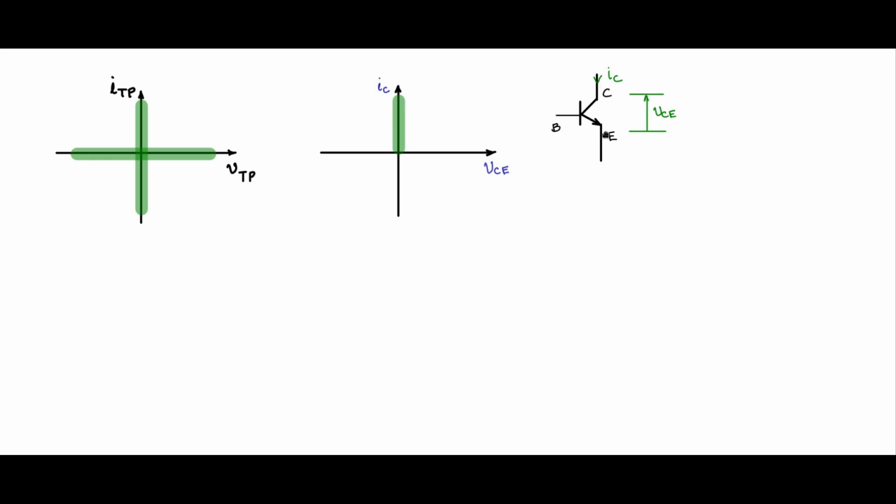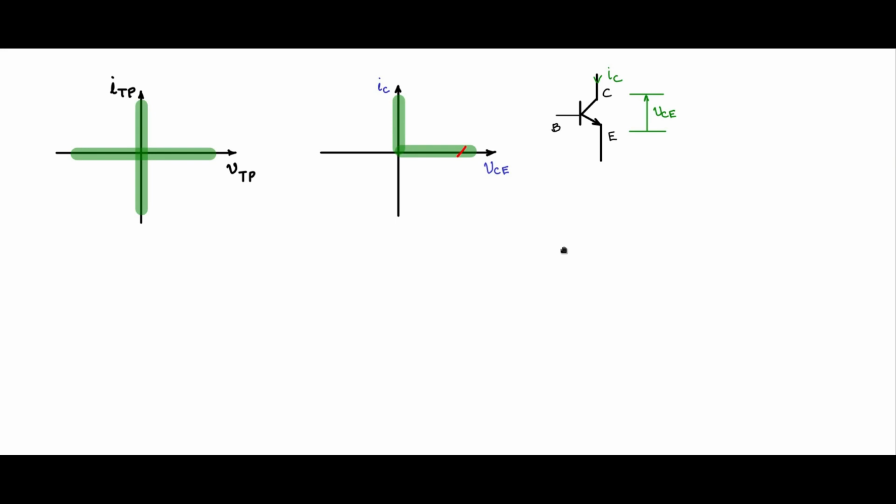There cannot be a current flow from E to C. So this can support only positive direction of current flow when the switch is on. And when the switch is off, the BJT can withstand only positive voltages across collector and emitter, and therefore only this portion of the static characteristic or potential operating points. So this is how a practical switch will look like.